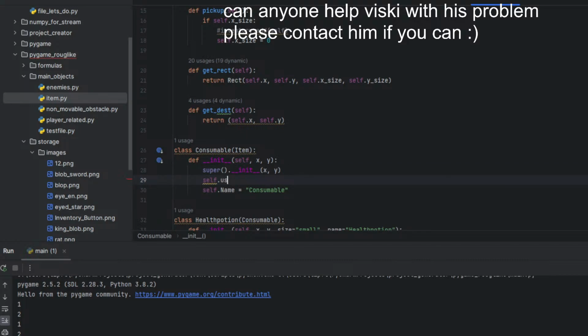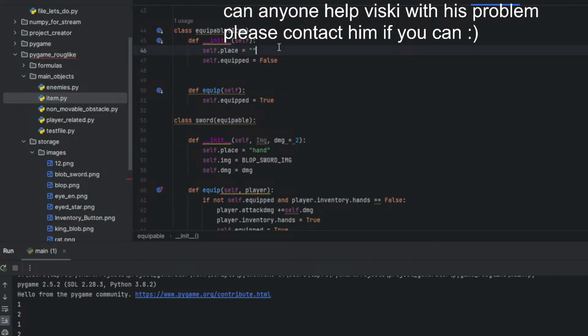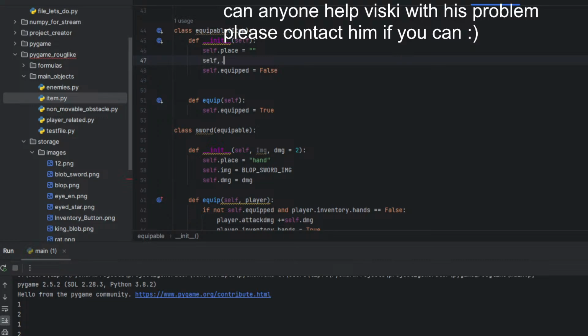Self.use equals consume, and self.use equals equip.